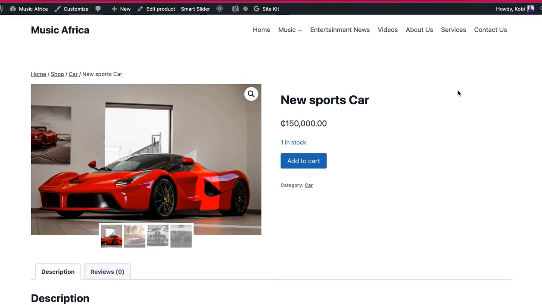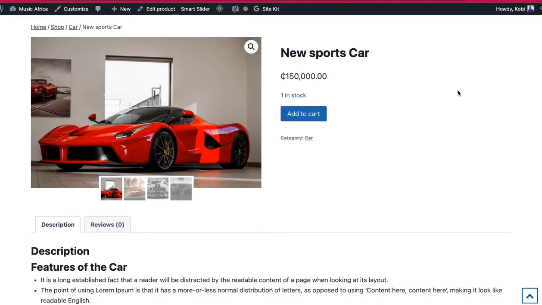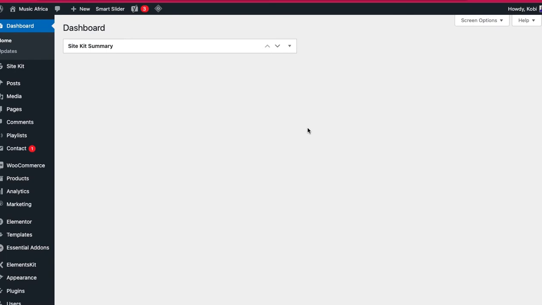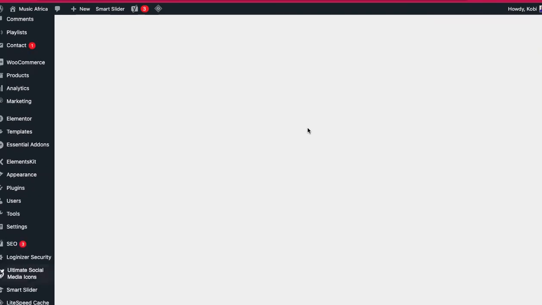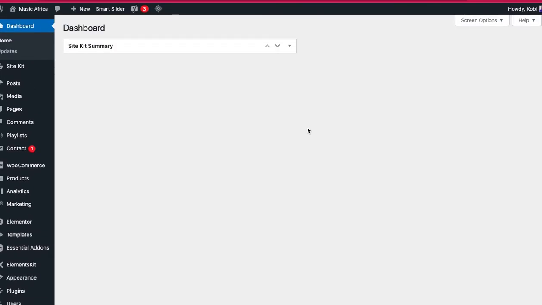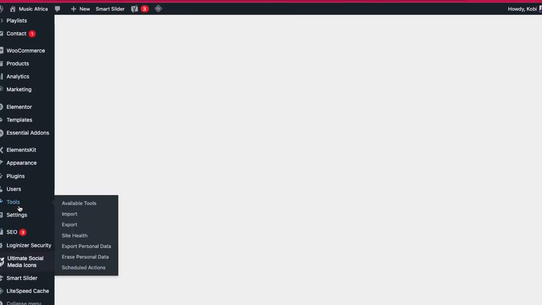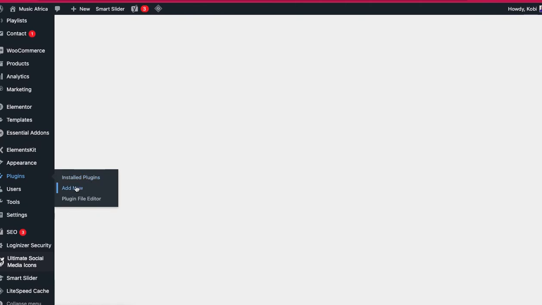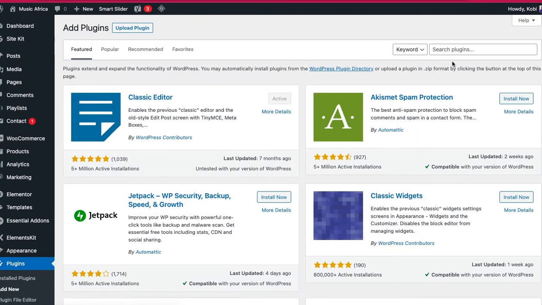So let's go to the back end of our website and look at it. This is the backend of the website. Now we're going to install two plugins. The first plugin that we are going to install: we hover on plugins over here, then we go to add new, and then we are going to use